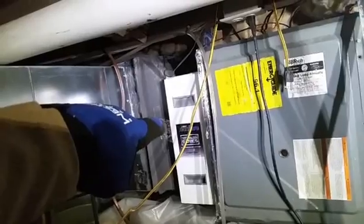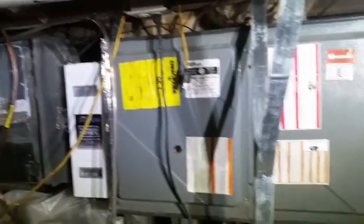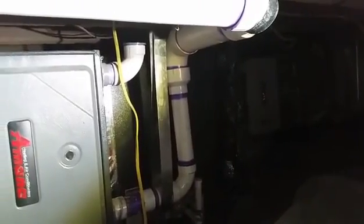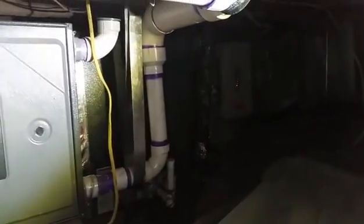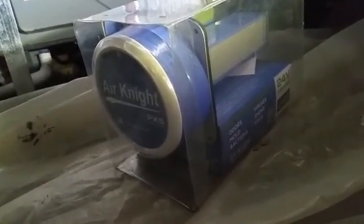We're going to take out that media filter and replace it. Do a little bit of rewiring on the zones to make the master bedroom the primary zone. And then I'm adding an air purifier. Let's take a look at it. I'm adding this AirKnight